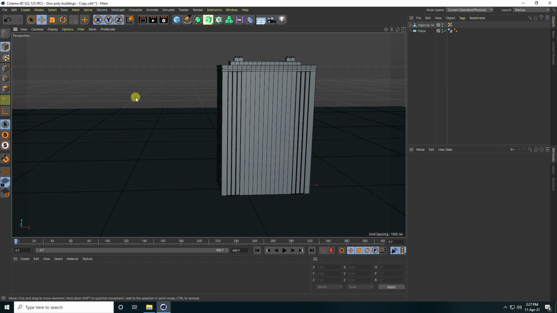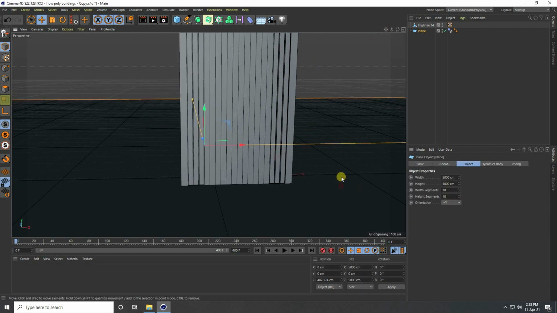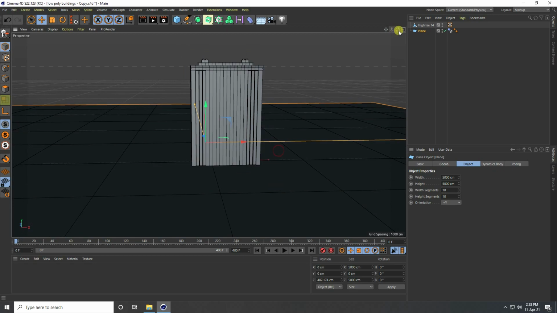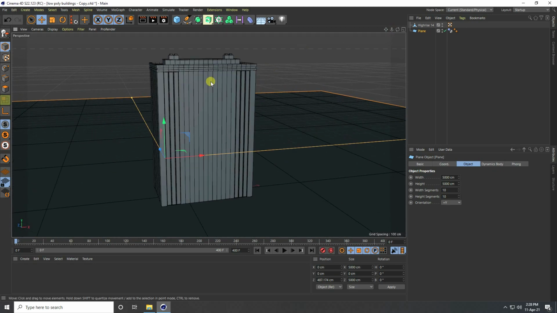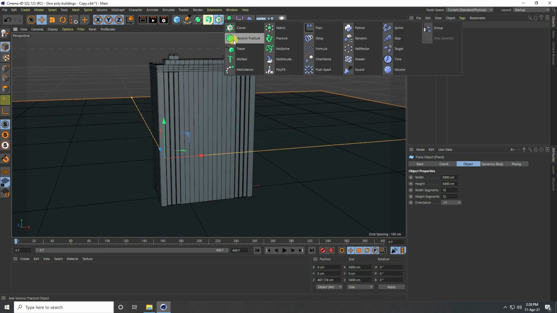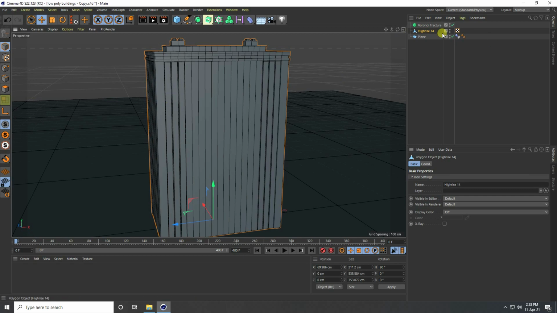So guys, today I'll teach you how to create a building destruction effect using the Rodney Fracture tool. That's my 3D building model, and the second one is a simple plane. Firstly, I use the Rodney Fracture tool, this one, and select this building model and make it a child